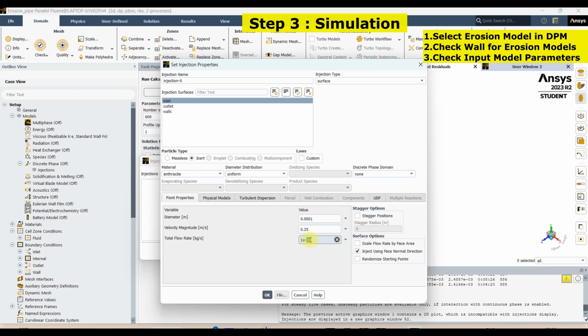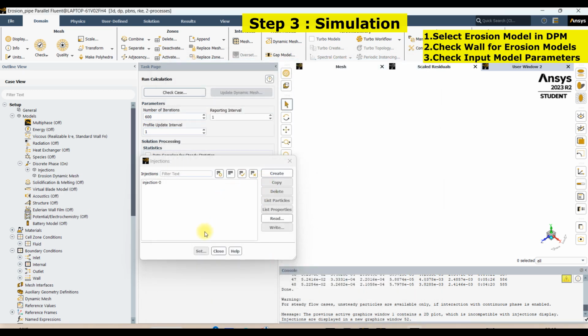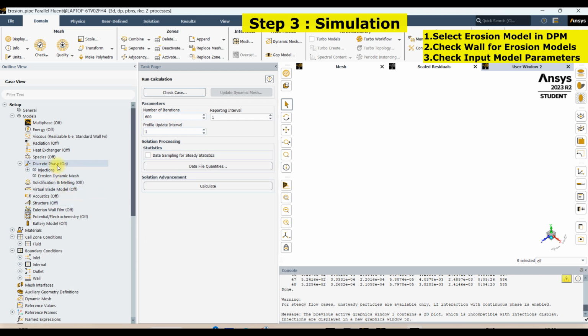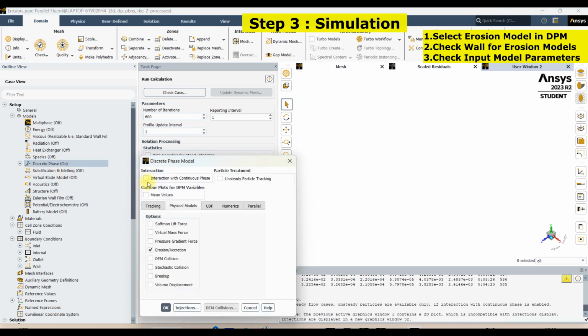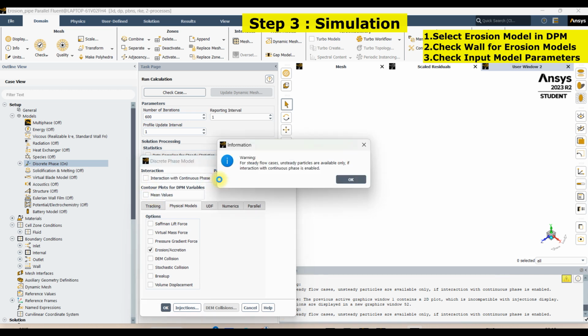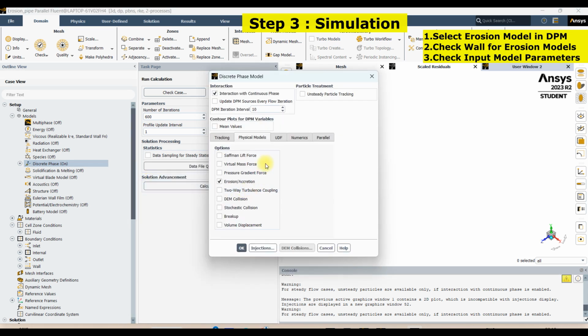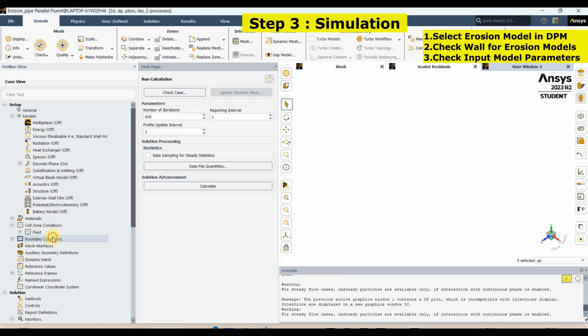Total mass flow rate we can assume as very small. Particle distribution we can also give, you know where. And after that we can see what is the frequency. And here you can select the interval as 10, and then run it,